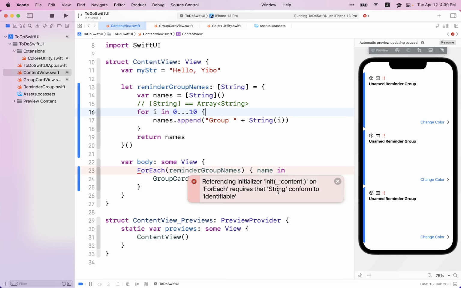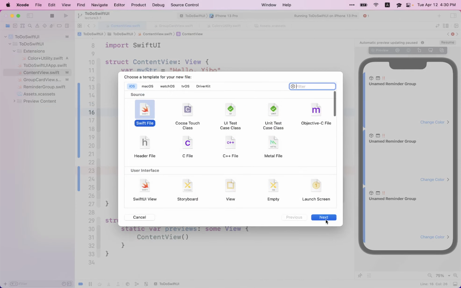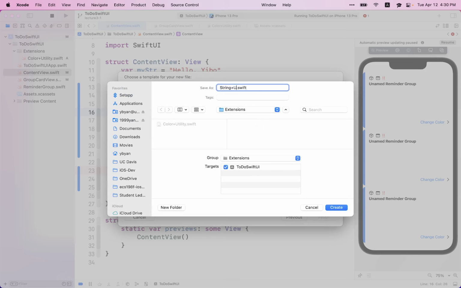It says the string has to conform to Identifiable. But the issue is that String is defined in the standard library, and we cannot modify the standard library, right? The situation is exactly the same as when we were dealing with Color. So we can create an extension to extend String. Now let's create a new file here. This time I'm going to go with String plus